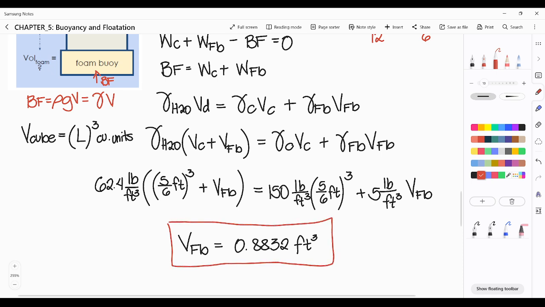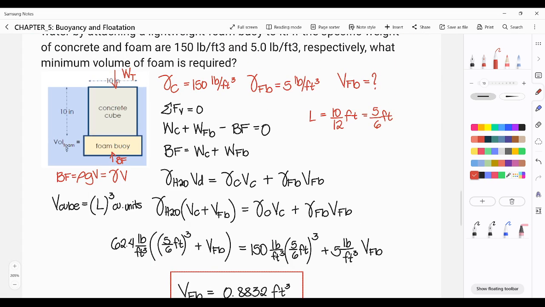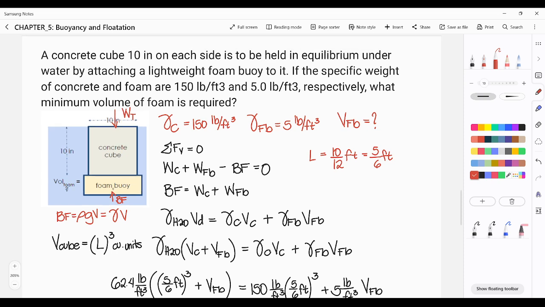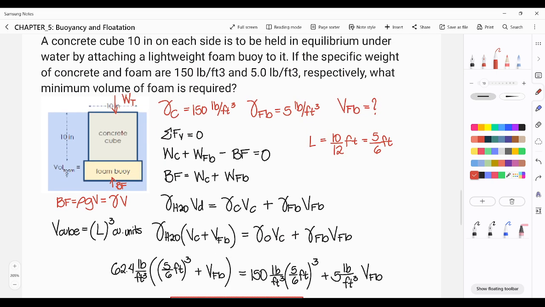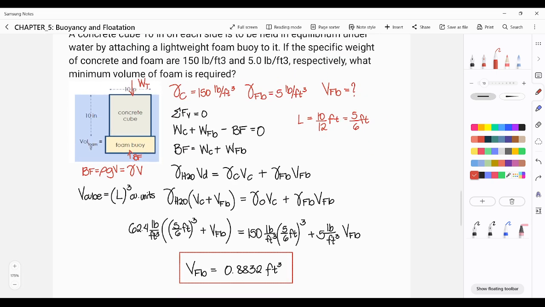This is the minimum volume of foam buoy na kailangan natin para ma-hold natin in equilibrium itong concrete cube natin. That is all for this problem. Our final answer is 0.8832 cubic feet. Alright, as usual,